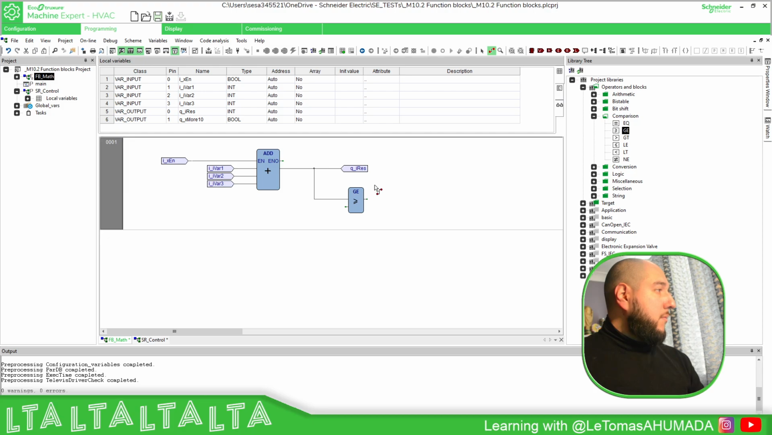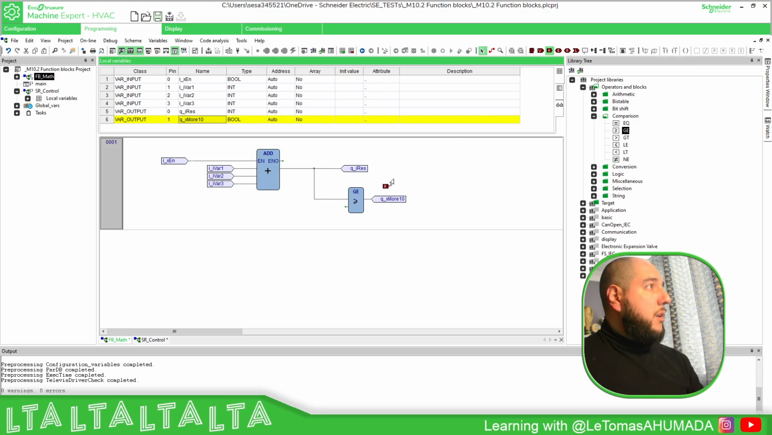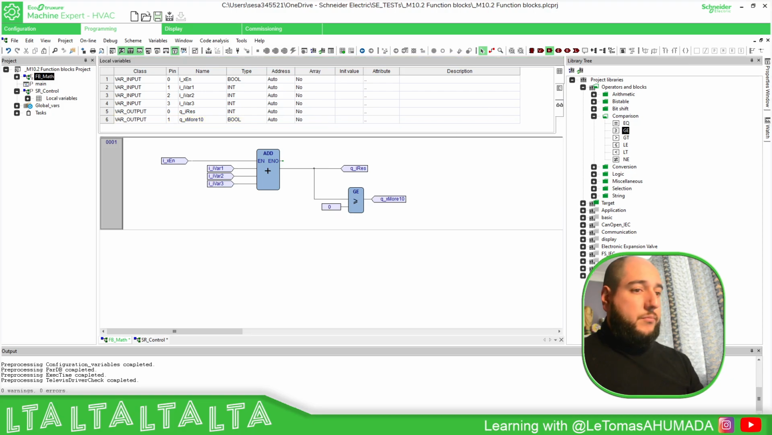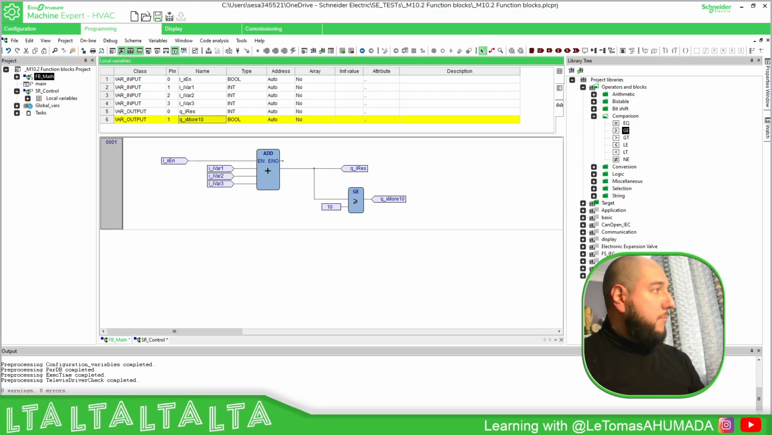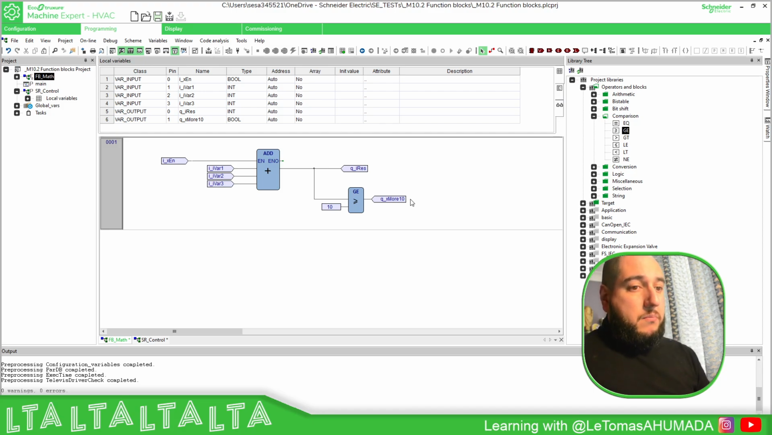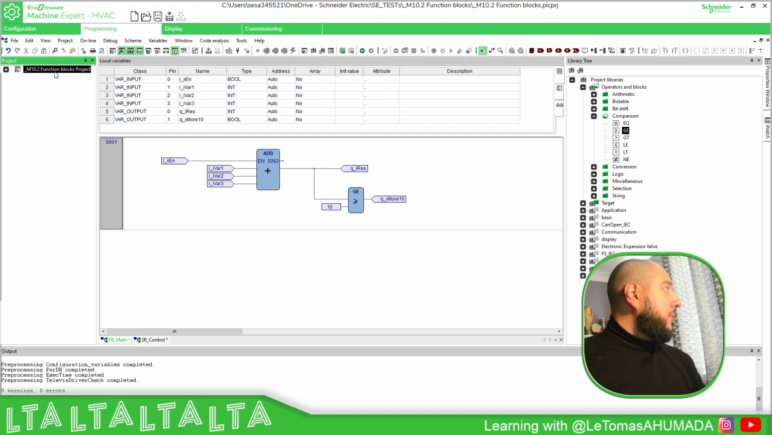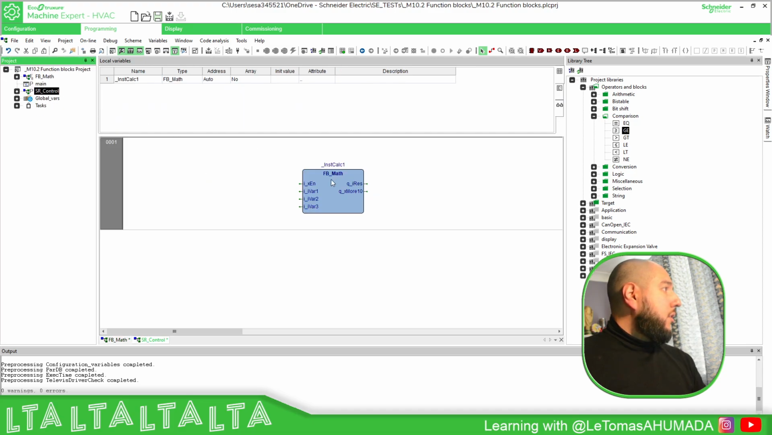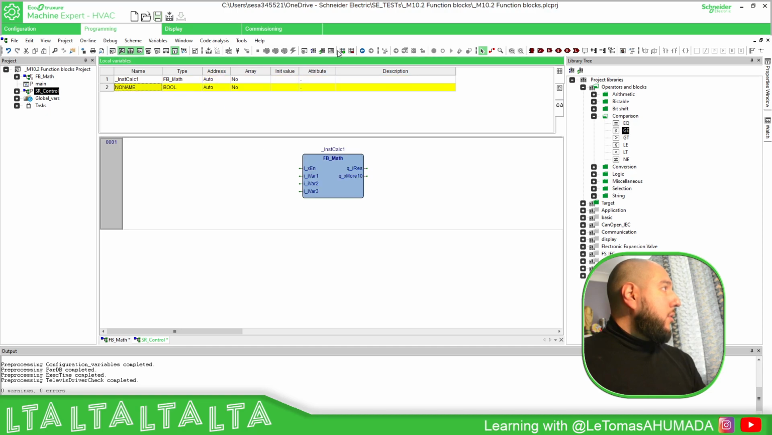This one, I'm going to put this one down here, more than 10. And here I need to add a constant value, 10. So everything seems fine. So now we have this one. I'm going to add